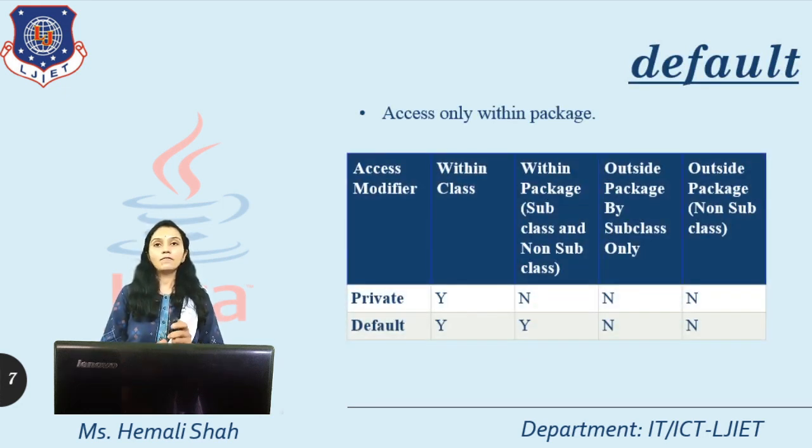So here if package is same, then and only then you can access, but when your package is different, then it never checks whether this class is a subclass or whether this class is not a subclass. Package is different, that means default things are not available. So here that's why outside of package this default things are not available. Now things means class, data members, constructors, and methods, right?